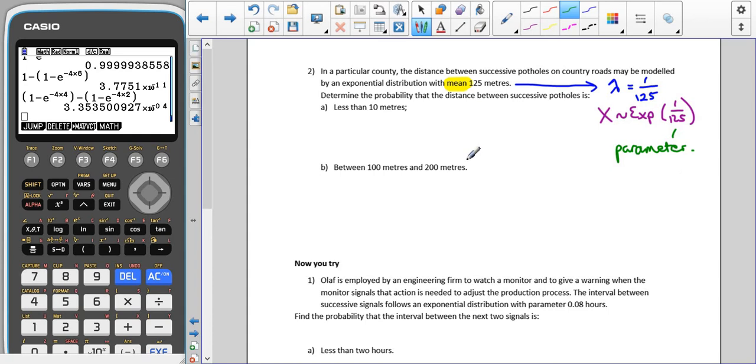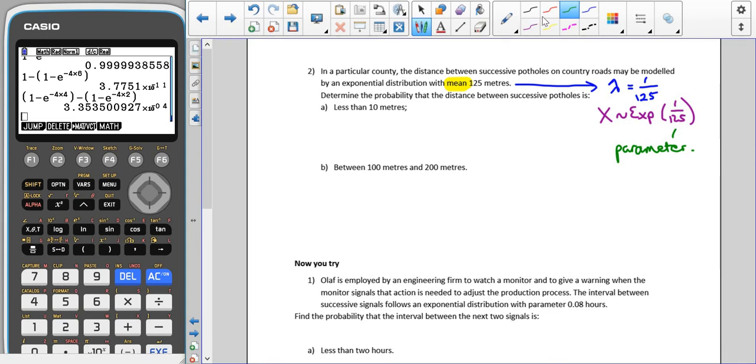We are going to have a look at that a little bit more in the next section, but I just wanted to make that clear here: if it says the word mean, in order to get the parameter, we have to do 1 over that. Sometimes it will say parameter, sometimes it will say mean. They are two different things in this situation, not like in Poisson where our parameter was our mean and our variance. This time our parameter is going to be 1 over the mean, and that's very important to bear in mind.